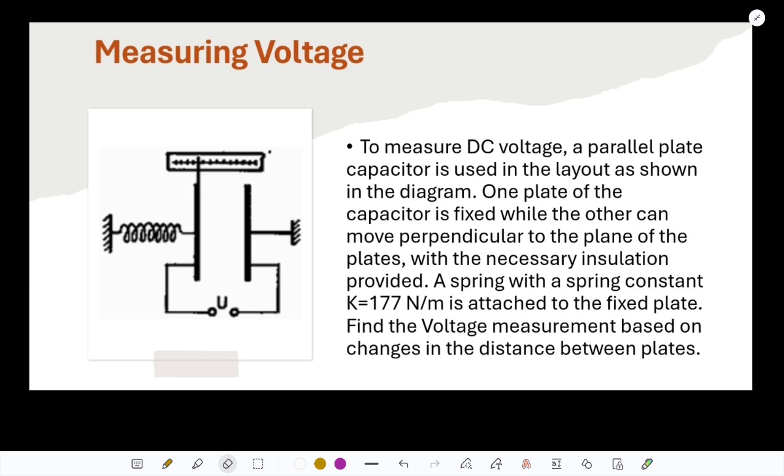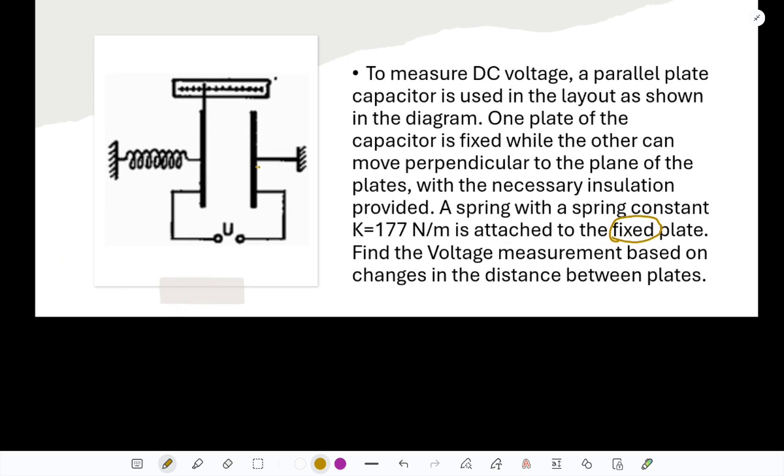Okay, fixed plate. This plate is fixed to what? I think there should be the movable plate. Instead of writing the fixed plate, we can write here the movable plate, because this plate is movable and this plate is fixed and the capacitor is connected to the movable plate. So find the potential voltage measurement based on the changes in the distance between plates. So it's a good question,